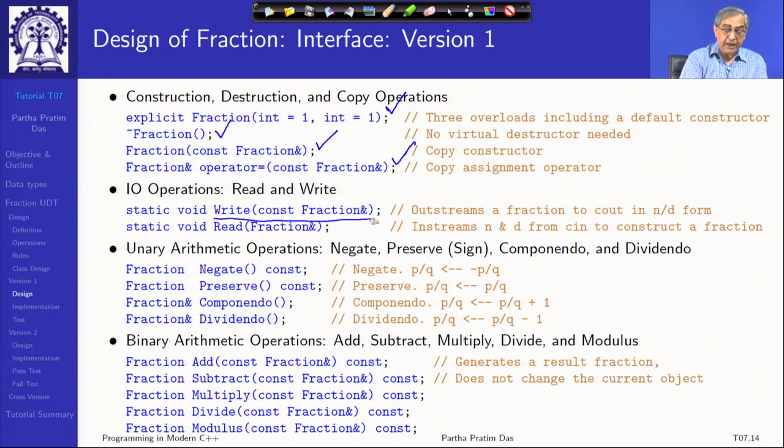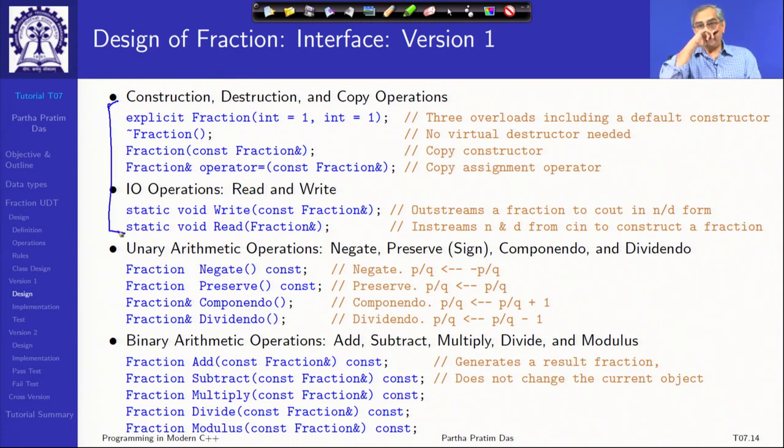Naturally, I need a write function which will take a fraction and write it to the cout. Similarly, a read function which will read a fraction as a pair of numbers. Right. So, here you can see that in the first go I am not attempting to get into the different operators. I have just identified each and every operation, giving it a name for the member function and identifying what its signature will be. Now, up to this point these things are almost generic, irrespective of whether it is a fraction or a complex or any other type, you will have similar